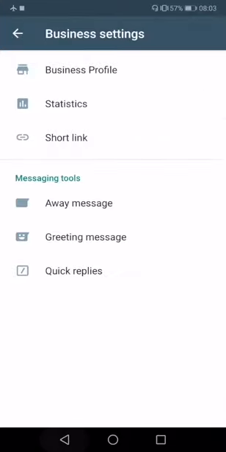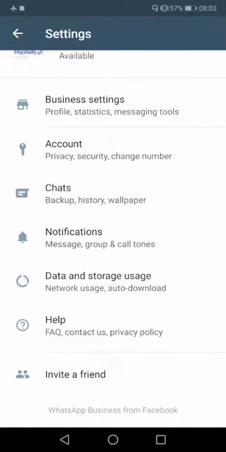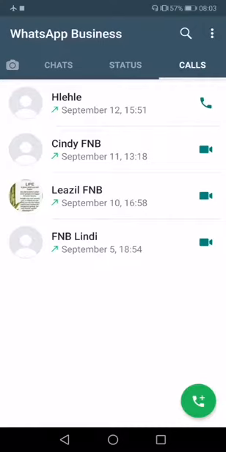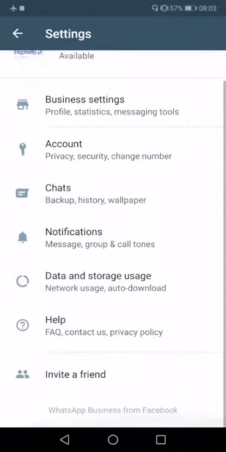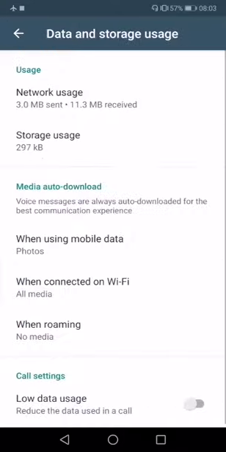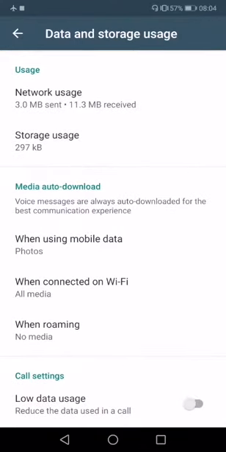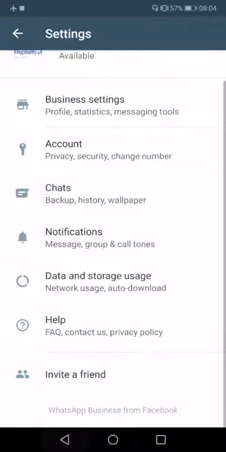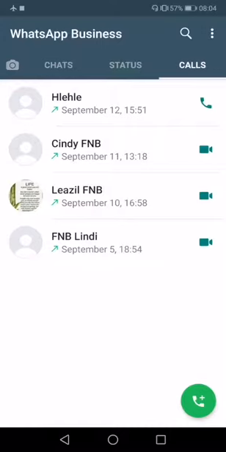The other thing I wanted to show you is, there's lots more, and some of these features you know from your private settings, but if you go to the three dots and you go to settings and you go to data and storage, then you're able to see how much data you're using, and then you are able to see how much media is loaded on the business profile.